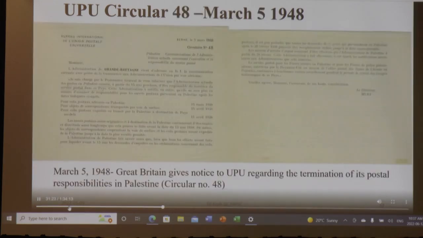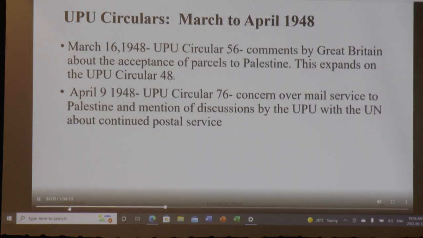Another bulletin in March of 1948 announcing that Britain had given notice regarding the termination of its mandate, its postal services. And you will see here that there were dates for the cessation of certain mail services. For parcels, March 15, for surface mail, April 15, and for airmail or other parcels that were going in, they would be April 15. Airmail was to likely cease around April 15, but possibly closer to the end of the mandate on May 15.